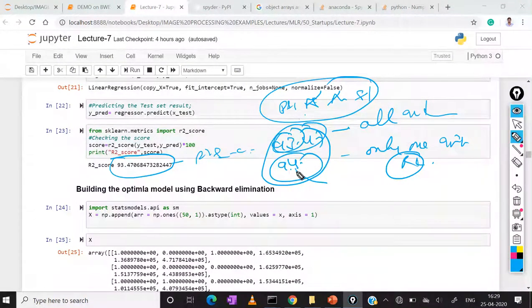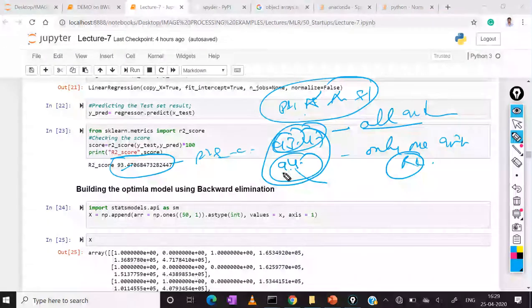So among the independent features, we have to consider the most significant features to make the model give better results. At the same time, there is computation time. If we make the model by applying all the independent features to get 93%, then while processing it takes more time and consumes more resources. But compared to that, with the single independent feature you get a better result, with less computation time and far fewer resources. So that is the purpose why we choose feature selection.